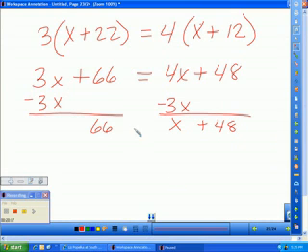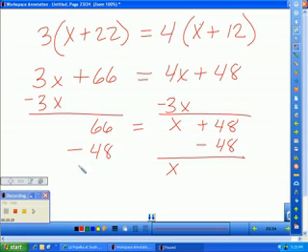Now I've just got myself a one-step equation. So I'm going to subtract this 48, which is going to leave me with just plain x. Subtracted 48 over here, so I'm going to subtract 48 over here. That is going to leave me with 18 is equal to x, but I need to go back and check